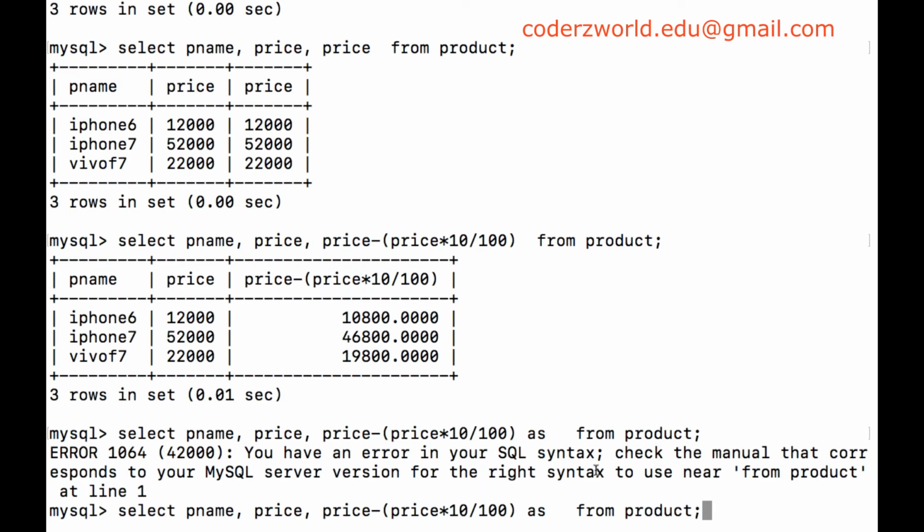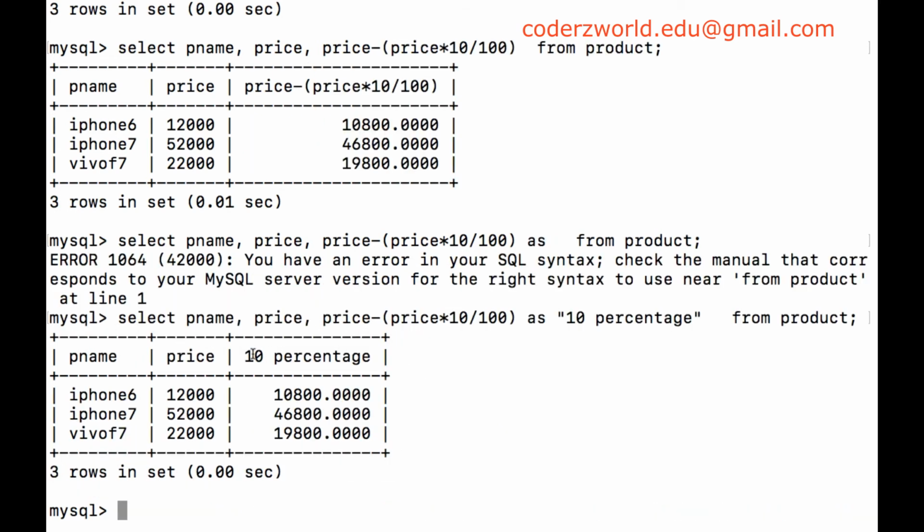By mistake I pressed the enter key. After as we have to provide some name here, like 10%. Now we are seeing 10% as the heading for this particular column.